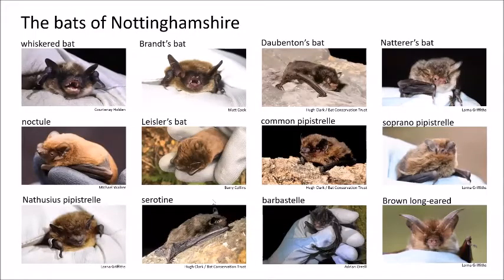So the main event, the bats. We've got 12 species of bats in the county at the moment, including some rarities. Barbastelle is a very rare bat in Britain, but we have those, and I'll be talking a bit more about those in a moment. Leisler's bat is not a common bat in many areas, but in Nottinghamshire seems to be